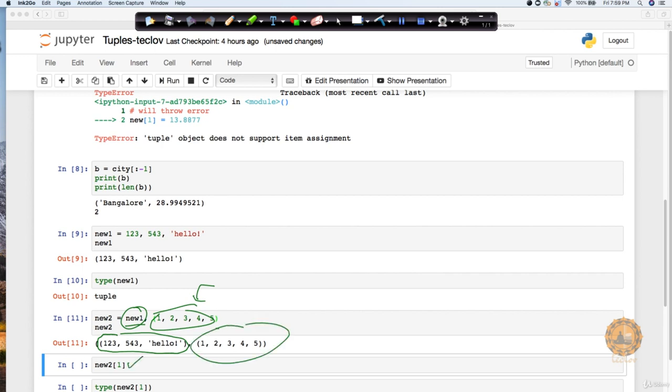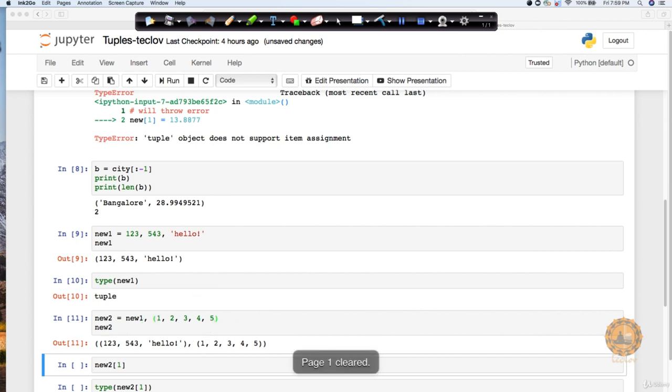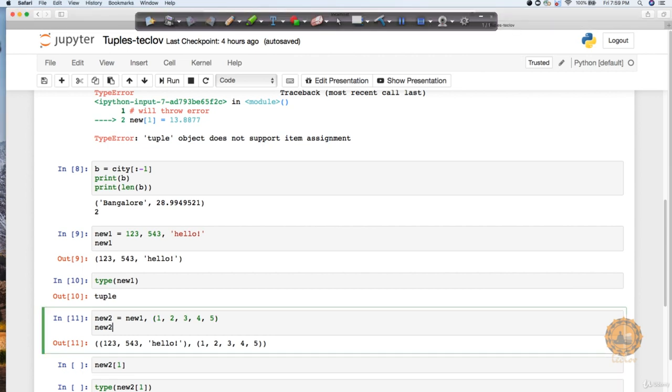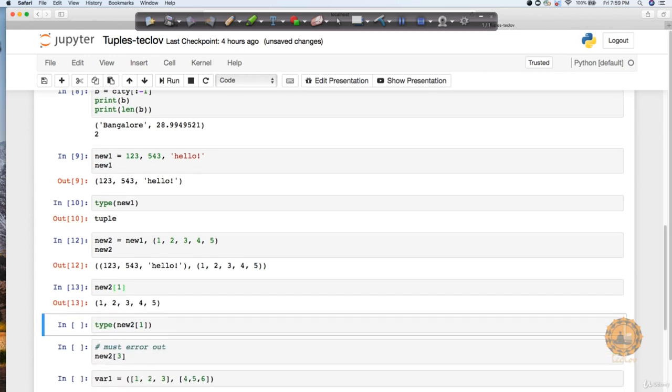So if you print the value of 1, it is going to print this whole value. Okay. So this is what your tuple value is going to print. Let's see this. So if I come here and again execute it, you can see this output coming up. If I execute this and this, you can see that it's going to print 1, 2, 3, 4, 5 instead of just printing one value, because it is creating two tuples. So if you had said 0, it would have printed 123, 543 and hello.